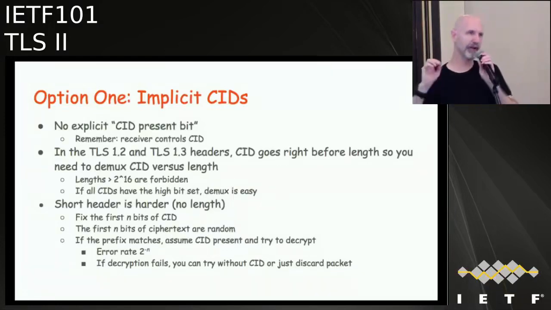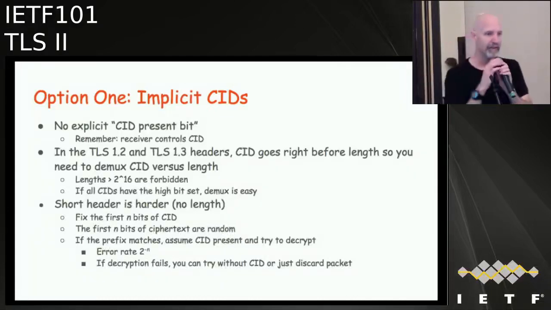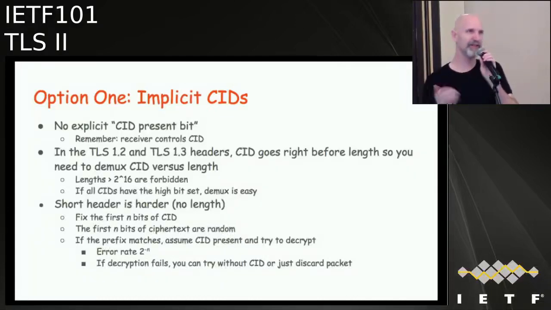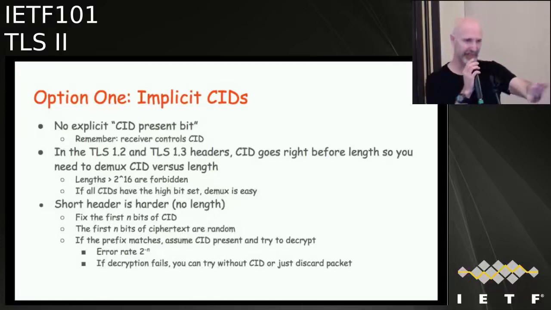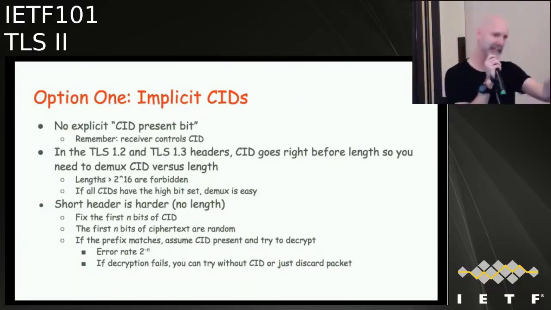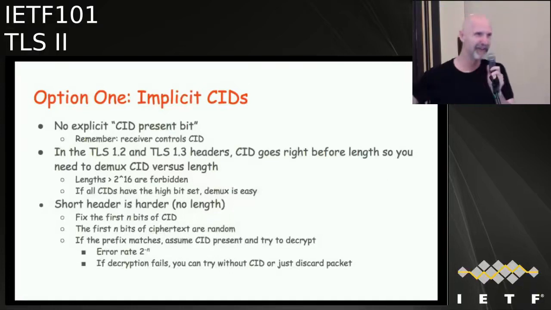Important to remember that in DTLS 1.3, and now in QUIC, the receiver controls the connection ID. So you have an opportunity to construct the connection ID in a way that's easy to demux. Everything here should say DTLS instead of TLS. I've written TLS so many times I have trouble writing DTLS. True story, I type TCP as TLS lots of times. Anyway,